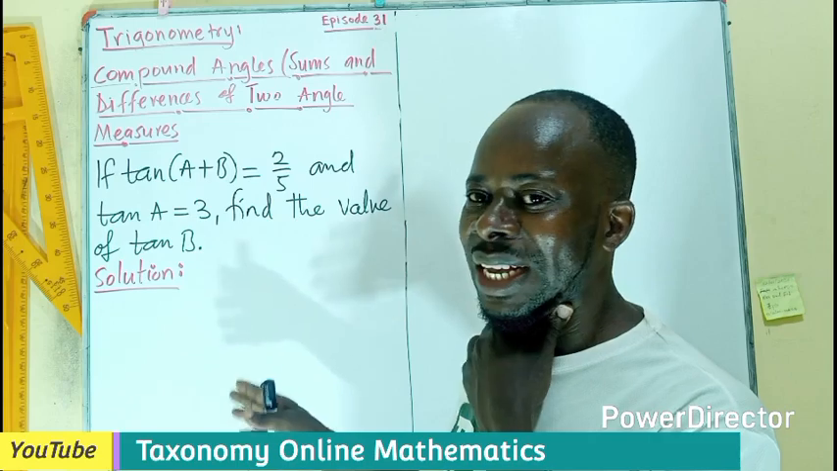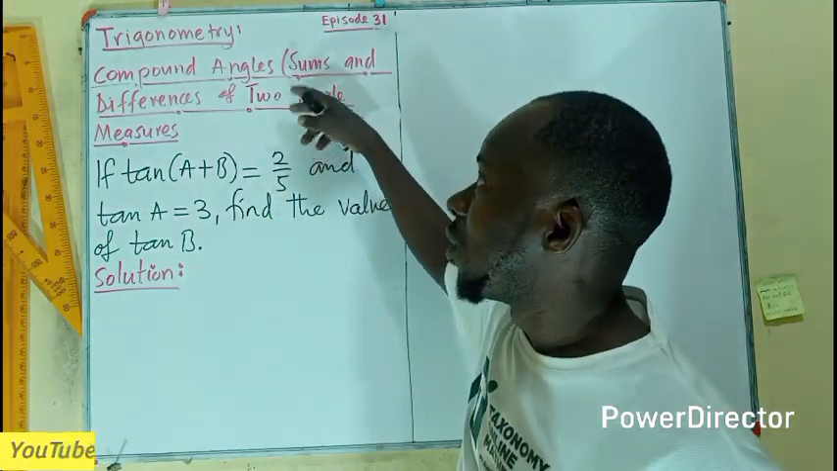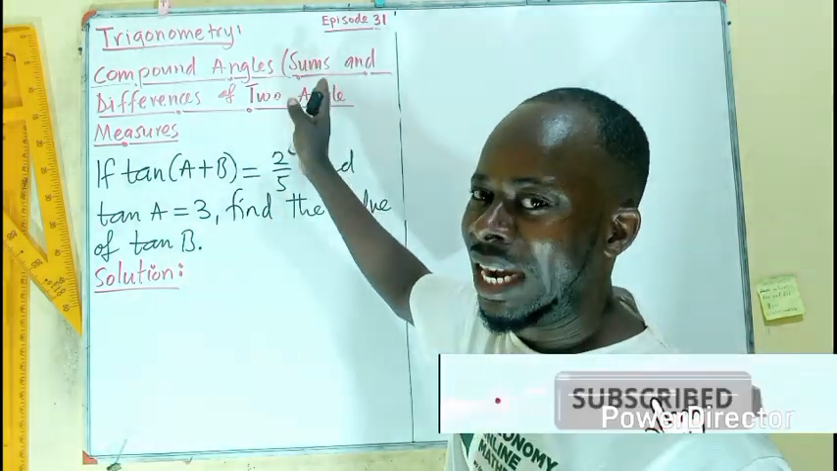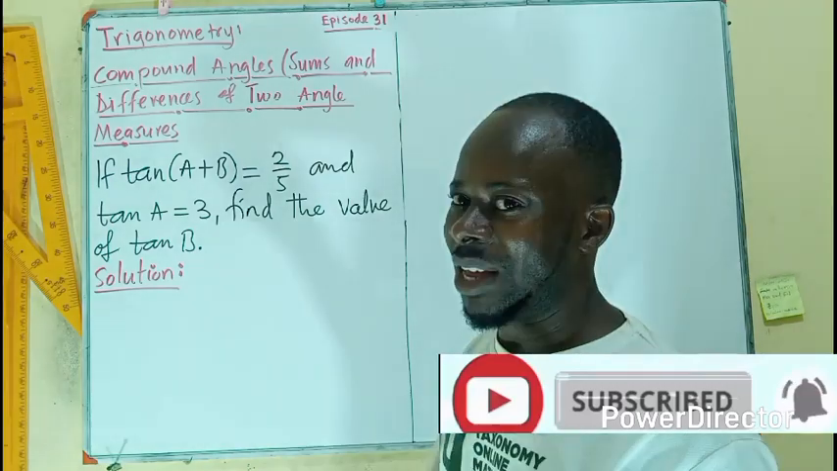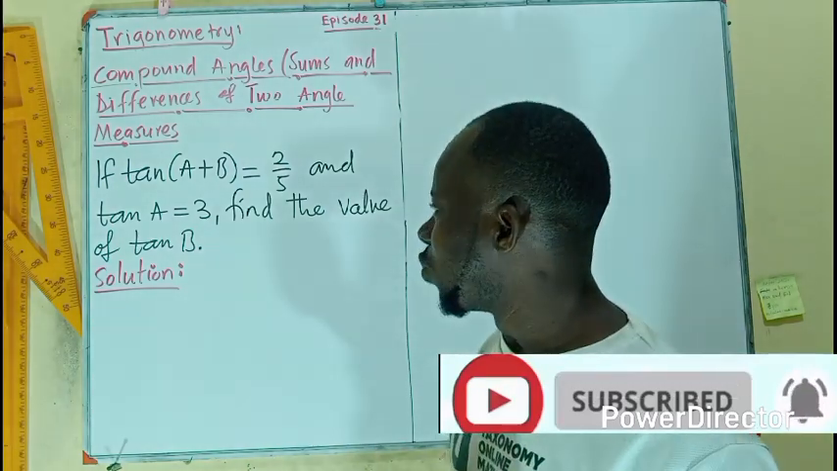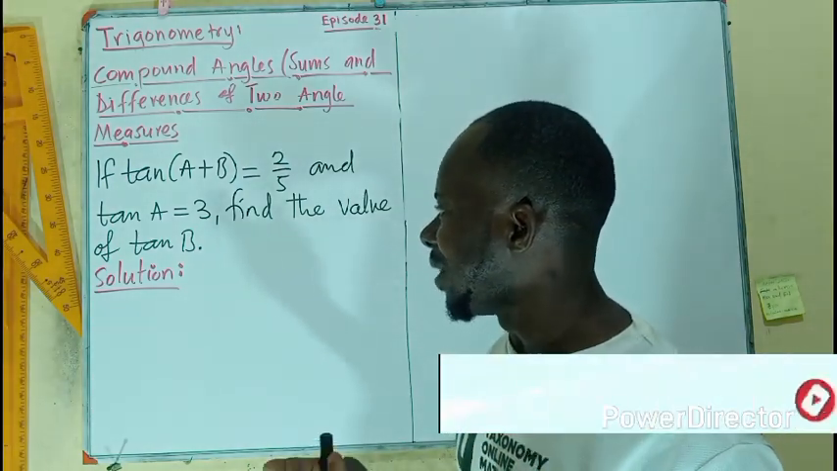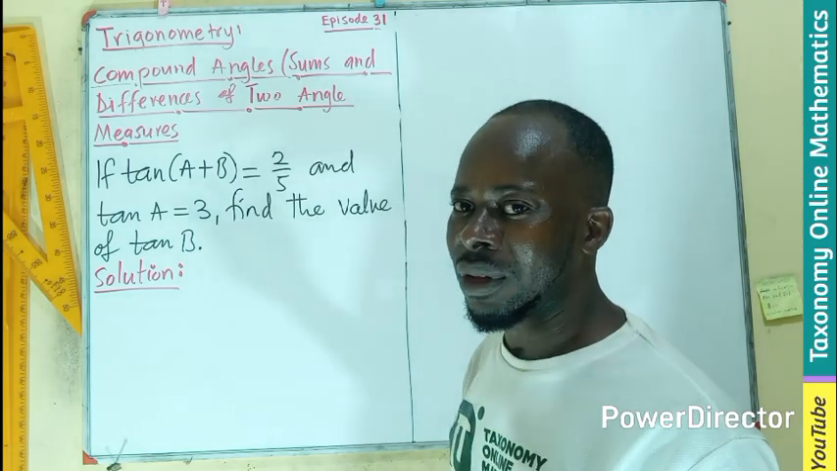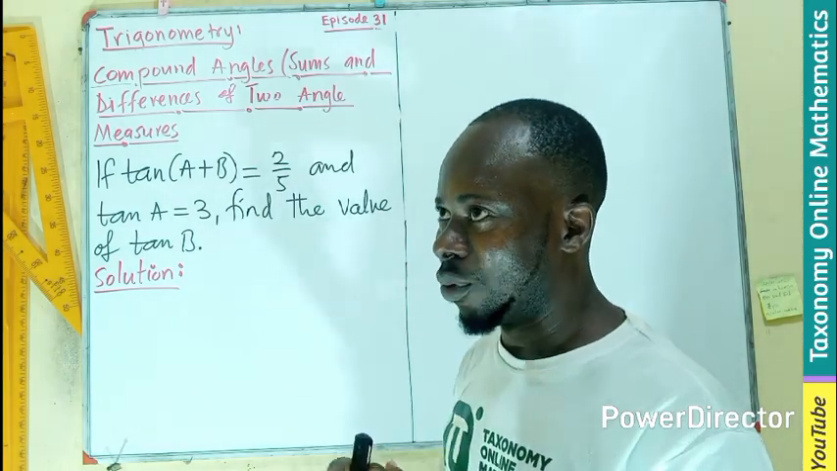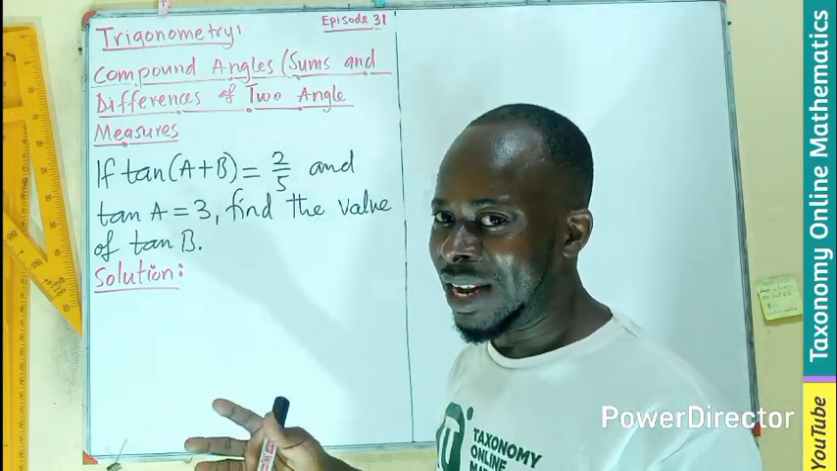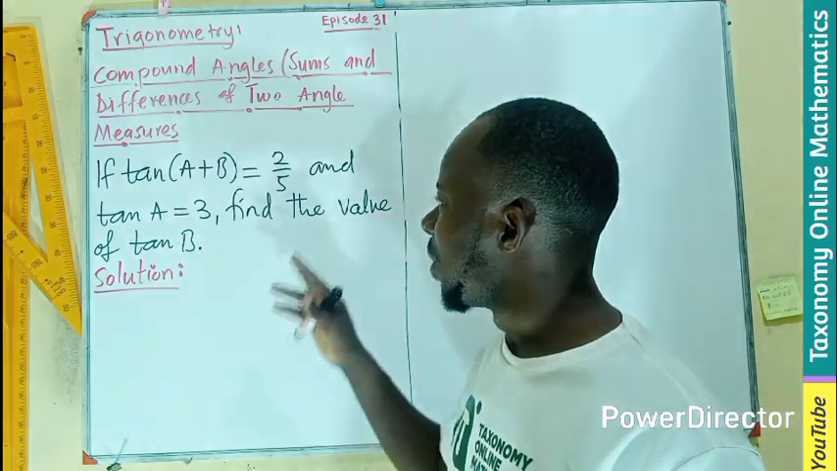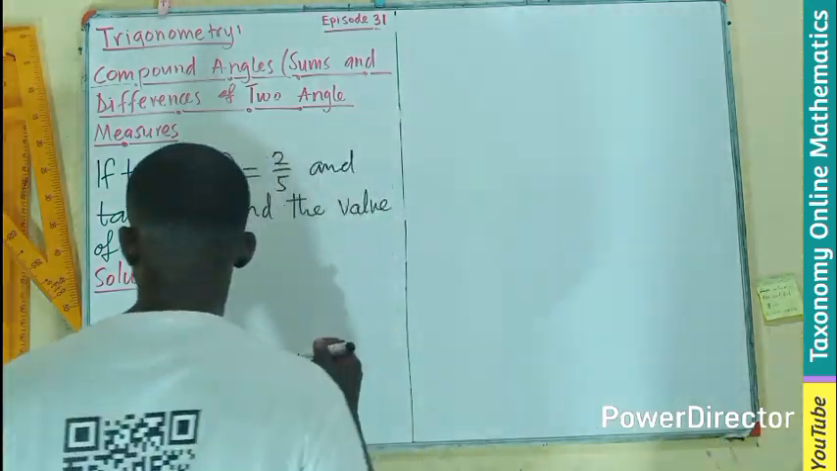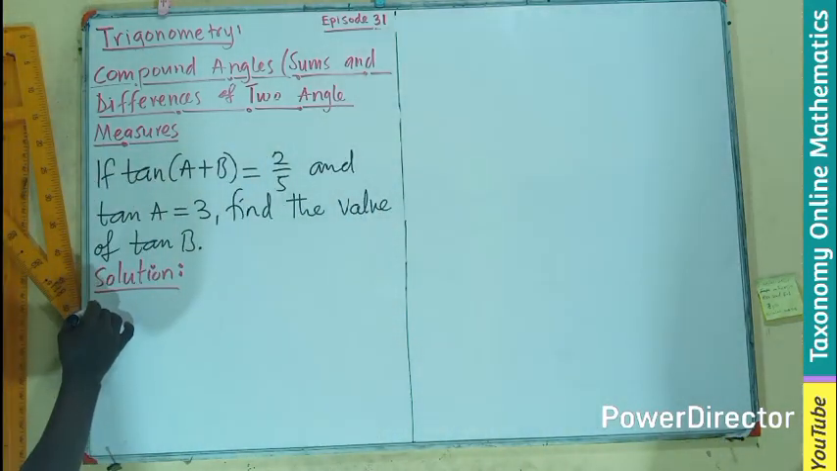We are having a question, still trying to digest the compound angle. This is: if tan(A+B), the sum, equals 2/5 and tanA is 3, we have to find a value for tanB. So we have to know the expansion, the formula representation for tan(A+B). Okay, let's just say we have